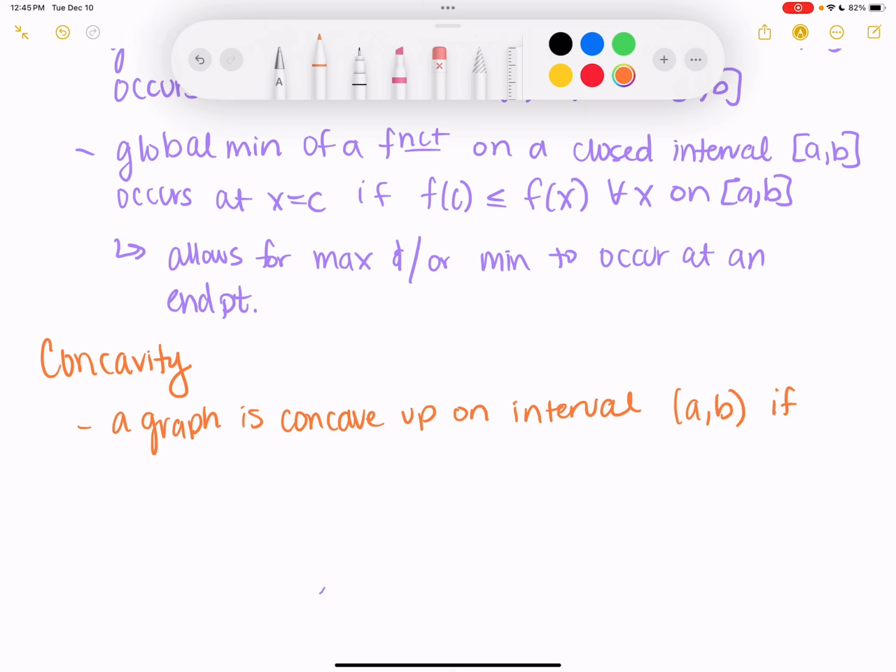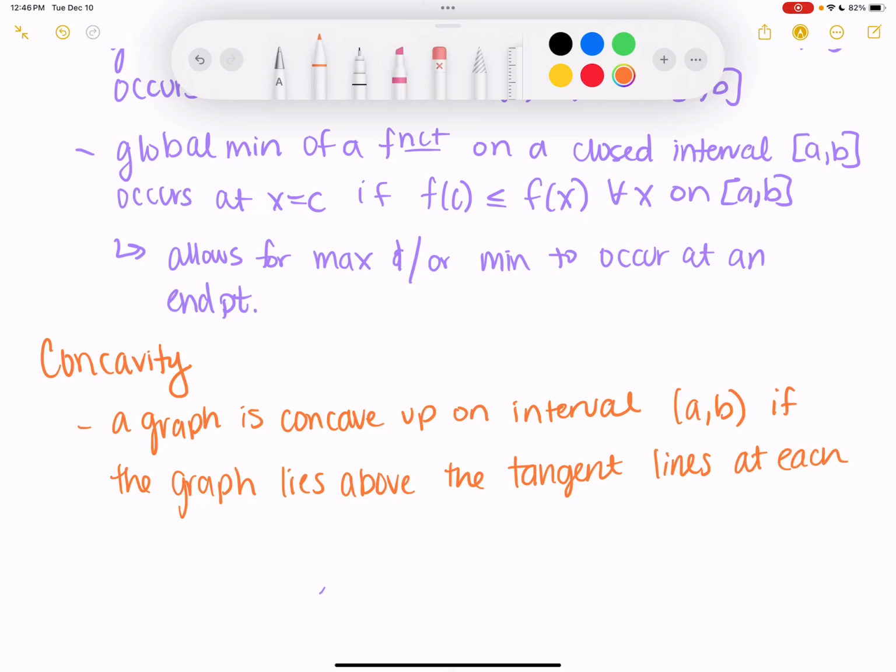If the graph lies above the tangent lines at each point in the interval A to B,